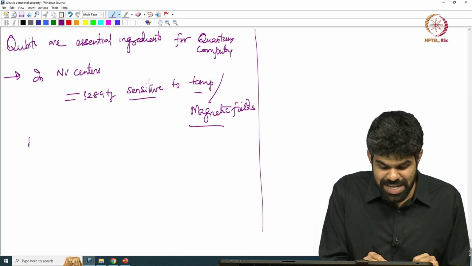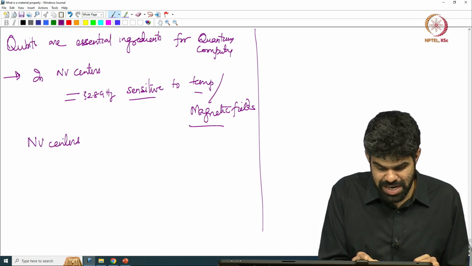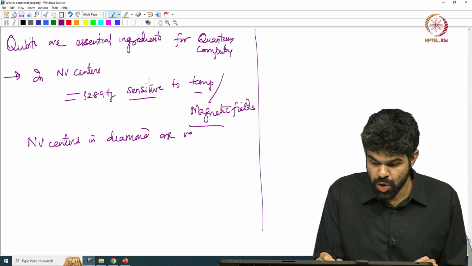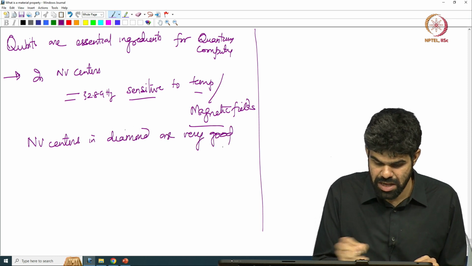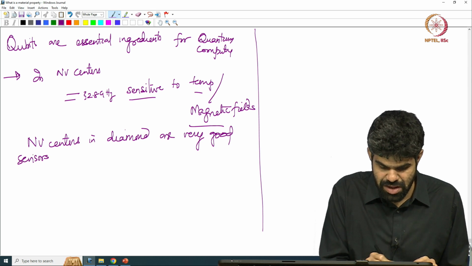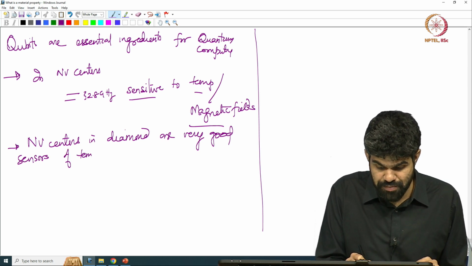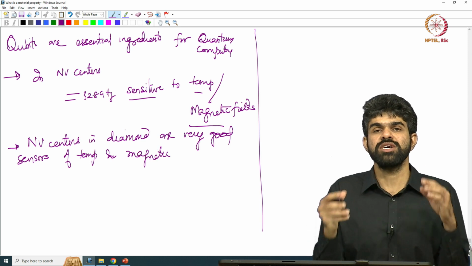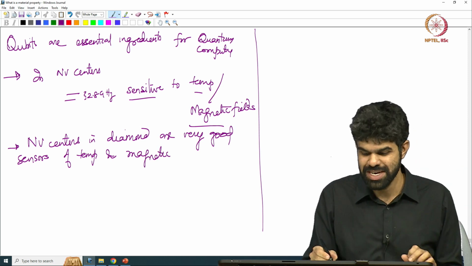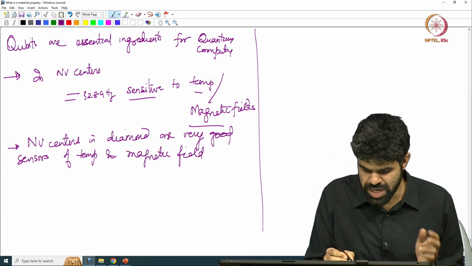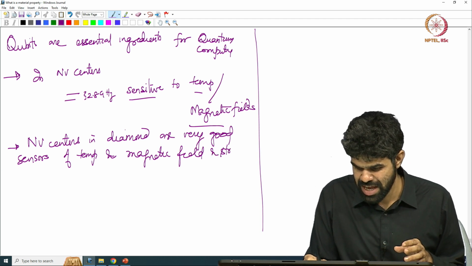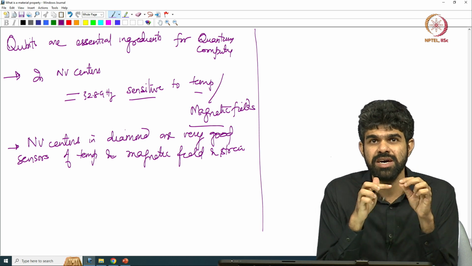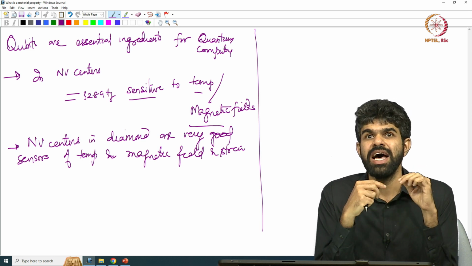So these NV centers in diamond are very good sensors of temperature and magnetic field, right. So I can make all these devices. I can make a good sensor, I can make a qubit. And also strain. Everything will change this energy spacing between these two levels, and so you